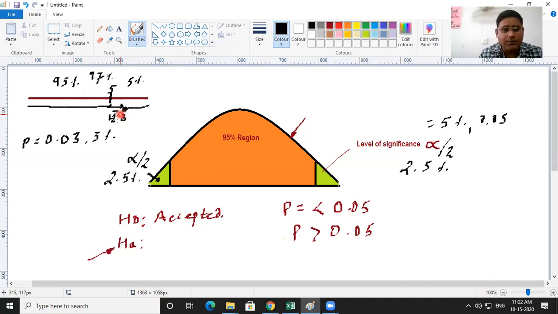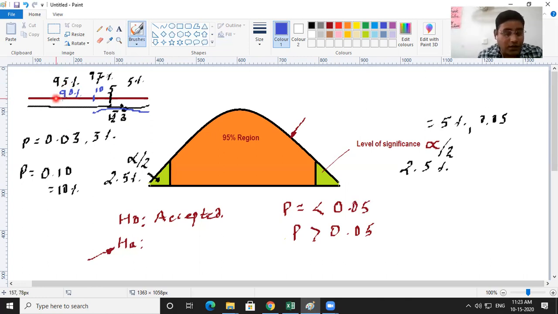Now what will happen if my p-value is, let us suppose, 0.10? If I convert it, I will get 10%. So if my p-value is 10%, I will cross this bar, I will cross this area, and I will reach here. This value is 10. So if I am reaching here, my level of confidence is not 95% now. It is only 90%, because this area is already covered by the p-value. So this time I'm only 90% confident.